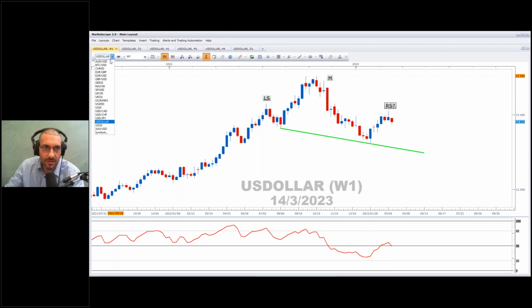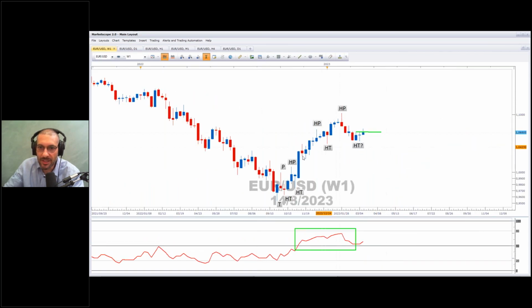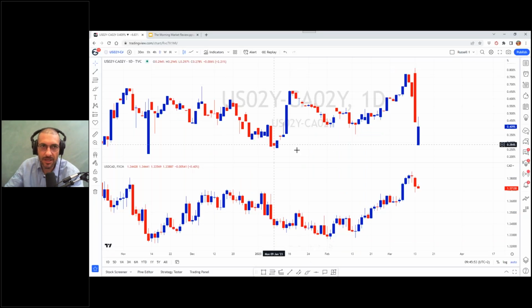If we take a look, say, at the euro US dollar, so we've got this topping pattern on the US dollar. If we take a look at the euro US dollar, we should see an inverse to that. So let's just bring that up. Okay, and well, we don't quite have the bottom, but we've got a V reversal, right? So the euro showing some signs of strength, just as that US dollar showing signs of a potential topping pattern. I want to keep an eye on that. Let's just go back to the trading view, and I want to show you what's potentially happening here.